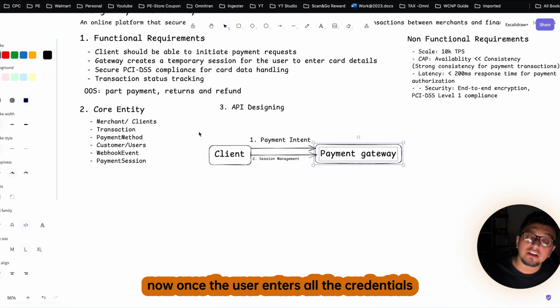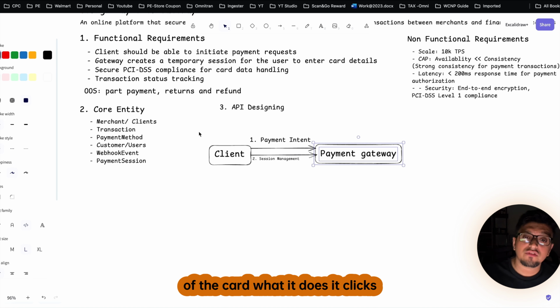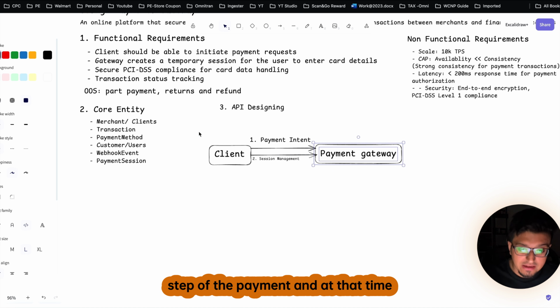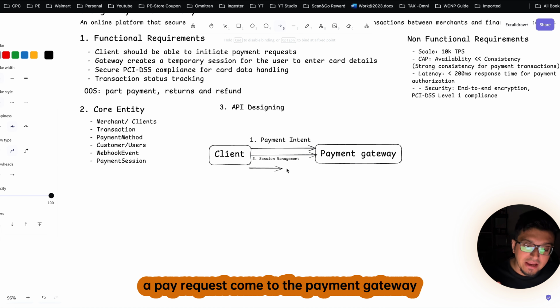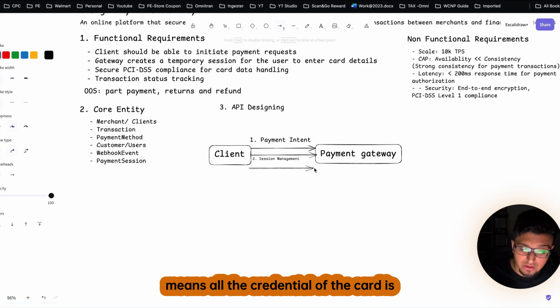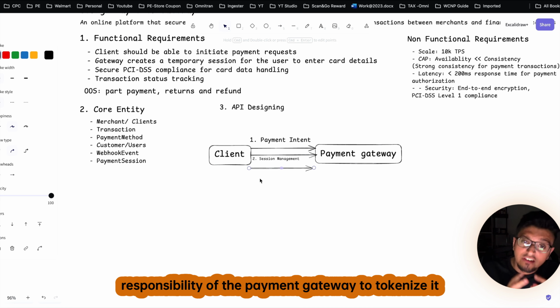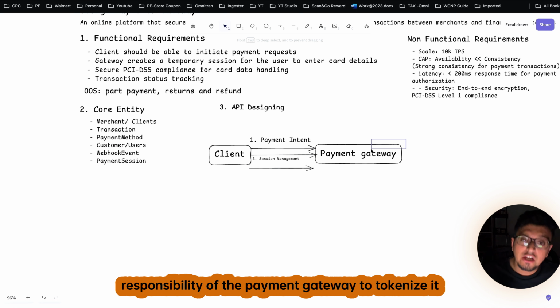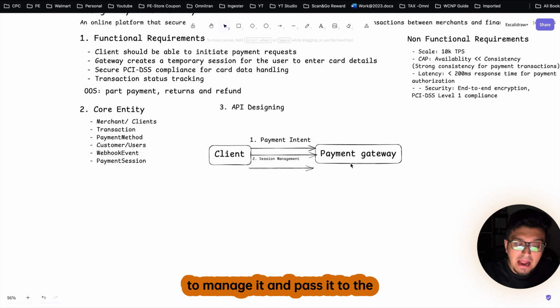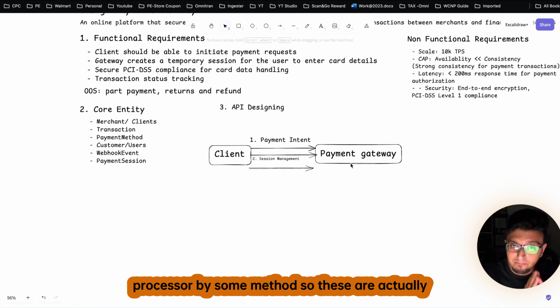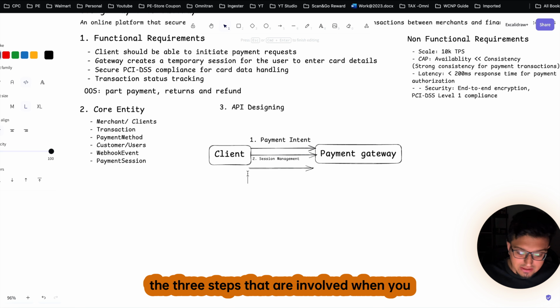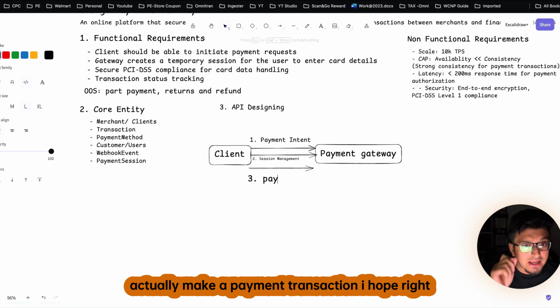Now once the user enters all the credentials of the card, it clicks on pay now. That is the final step of the payment. And at that time, a pay request comes to the payment gateway, meaning all the credentials of the card are given by the user. Now it is the responsibility of the payment gateway to tokenize it, manage it, and pass it to the processor by some method. So these are actually the three steps that are involved when you make a payment